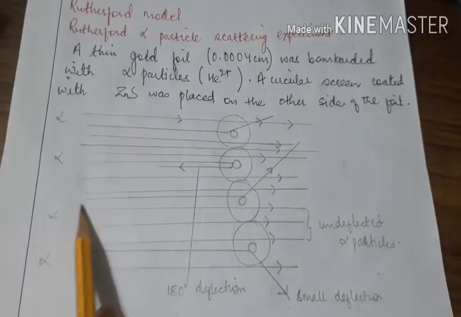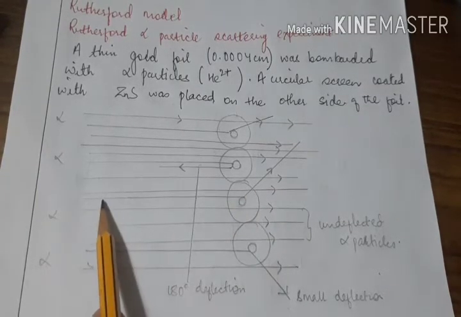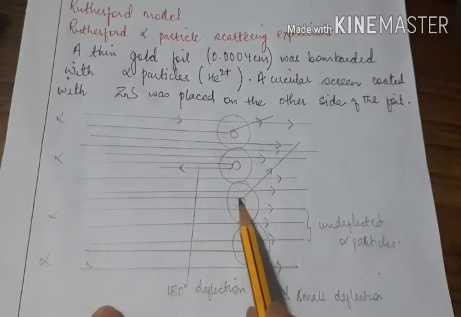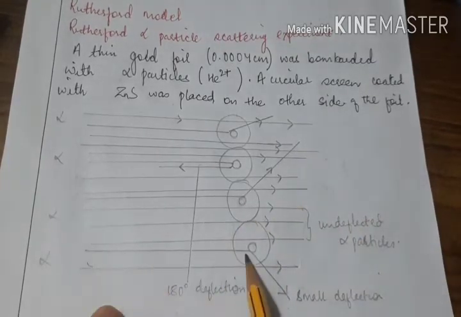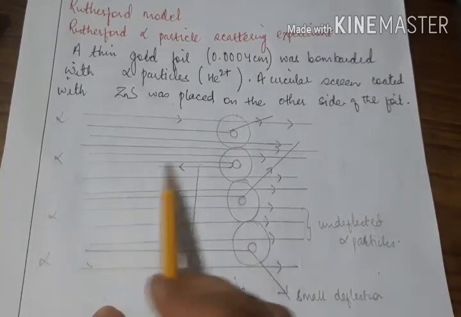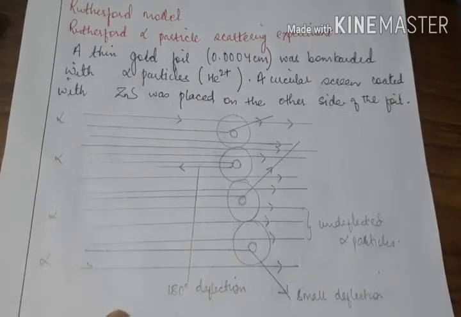Alpha particles are positively charged, so they will be deflected by another positively charged particle. When an alpha particle passed near the positively charged particles concentrated at the center, it got deflected. When it hit head on, it got deflected by 180 degrees. So based on these conclusions and observations, he put forward his model, which is called the Rutherford model,